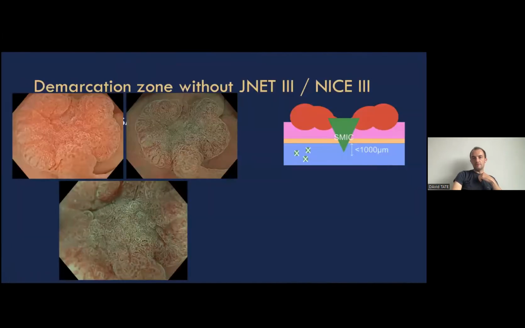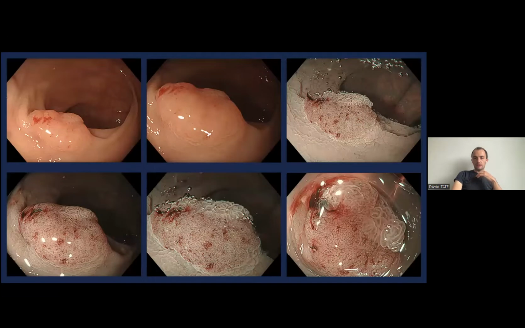Just to say, a demarcated area may not always be cancer. So you might look in that demarcated area and you might see that there is a completely regular pattern. And here you might argue that you look from afar, you clearly see a depression, often associated with a demarcated area, but that area, when you zoom in, does not contain an irregular pattern. And so indeed, this is a demarcated area, but doesn't have evidence of an irregular pattern and is therefore not a concern for cancer. Another example of that can be seen here.